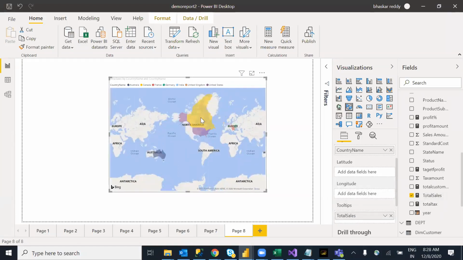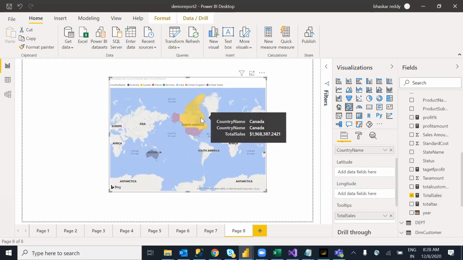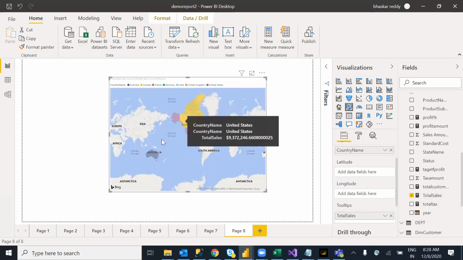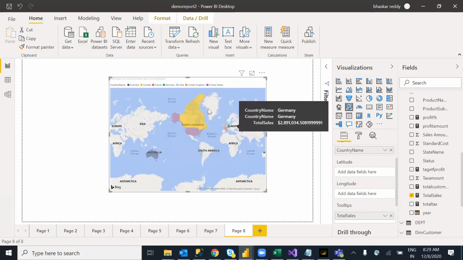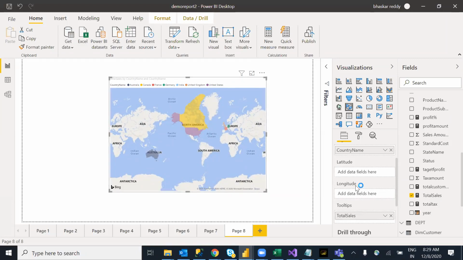There is a tooltip option. In the tooltip, we can use any number by default. Like this, I want to display the country names. This is a filled map. Based on a value, it won't come. Automatically, whatever countries we have, the countries will be highlighted. It won't be displayed based on your number. Like this, it will display your colors and all.